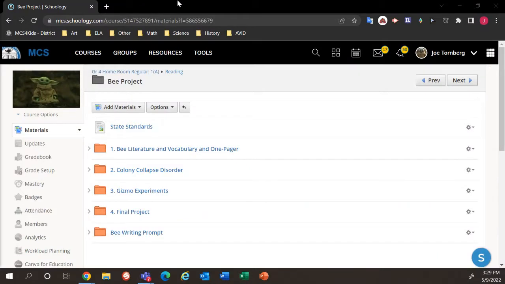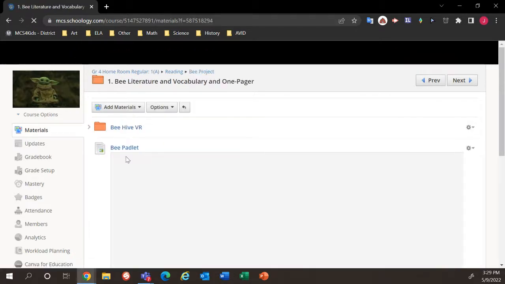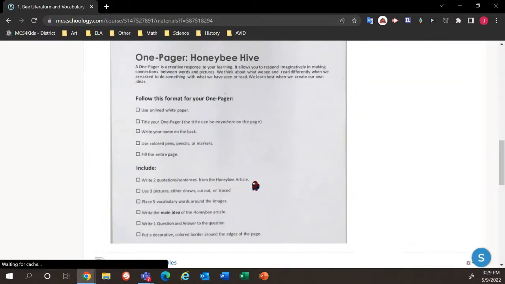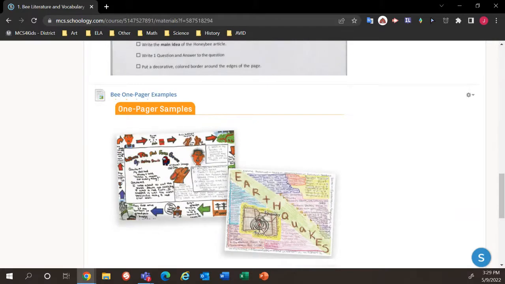All right, so I selected global collaborators because one of my colleagues had this idea of integrating information about bees and having the kids create a project with it where they were going to create what was called a one-pager. It's an AVID strategy, and the kids basically define what they're learning through this one-pager, and it's